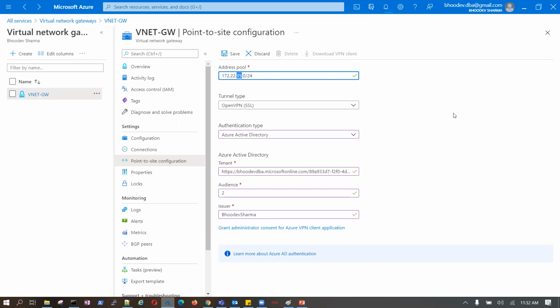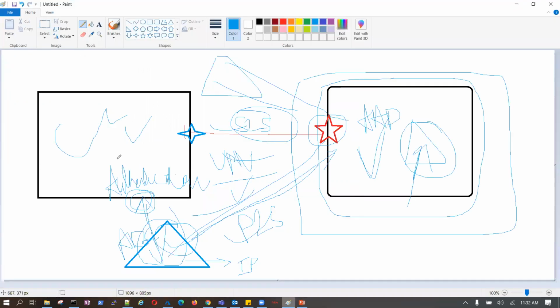Is that clear? This is a one-to-one connection. Site to site means there will be one connection here, and if there are 100 users from this location or this location, they will communicate. But in point to site, it will be a single connection. So all the employees connecting to my network will each create a separate connection, right? Wrong. Once they connect, they will get a unique IP address.